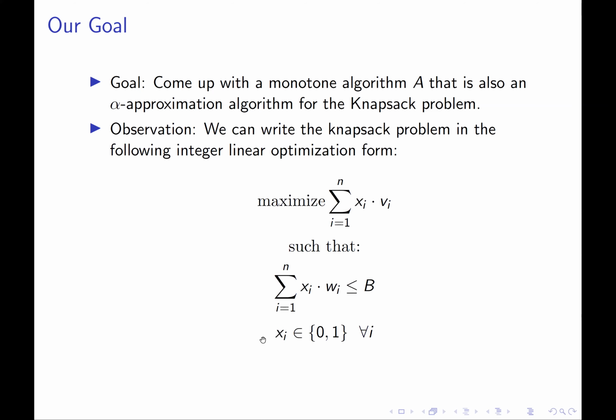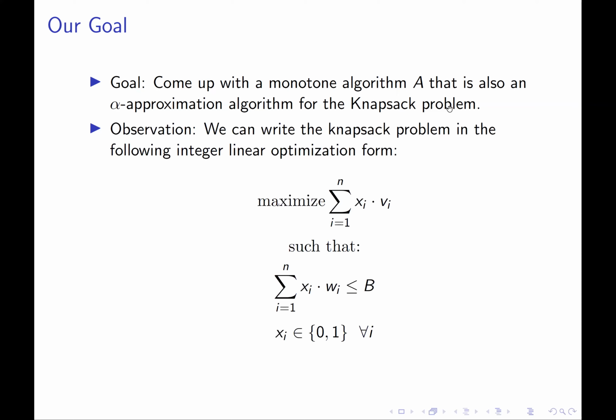And so what we're asking for is to find some subset of the bidders who are going to win the auction to maximize the welfare of the solution we pick, subject to the constraint that the solution we pick is feasible, subject to the constraint that the set of winners we pick has total size that does not exceed our budget. Okay, so ask questions if this is confusing, but I've done nothing here except rewrite our optimization problem in this linear form.